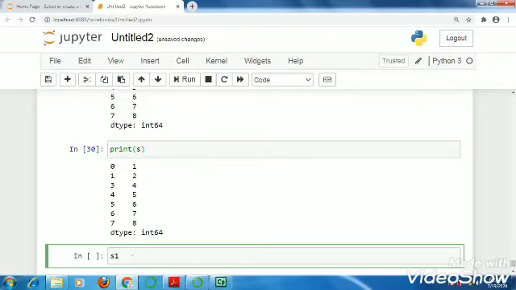Now again let's see, s1 equals pd.Series, and here I am giving the data part.